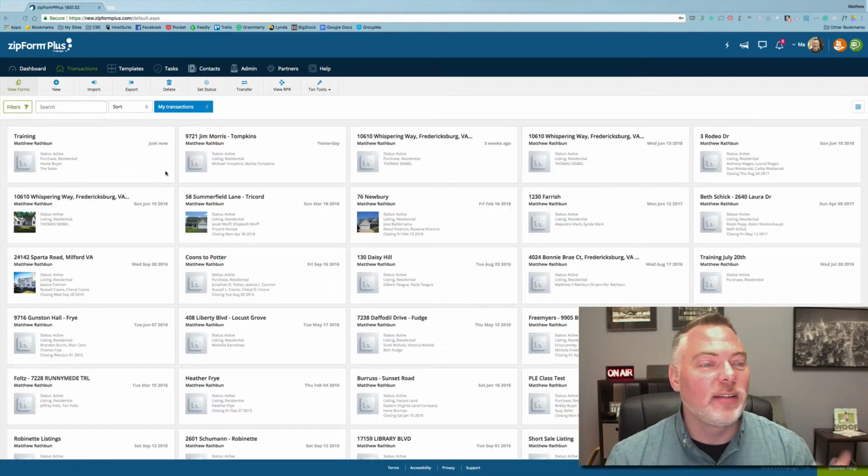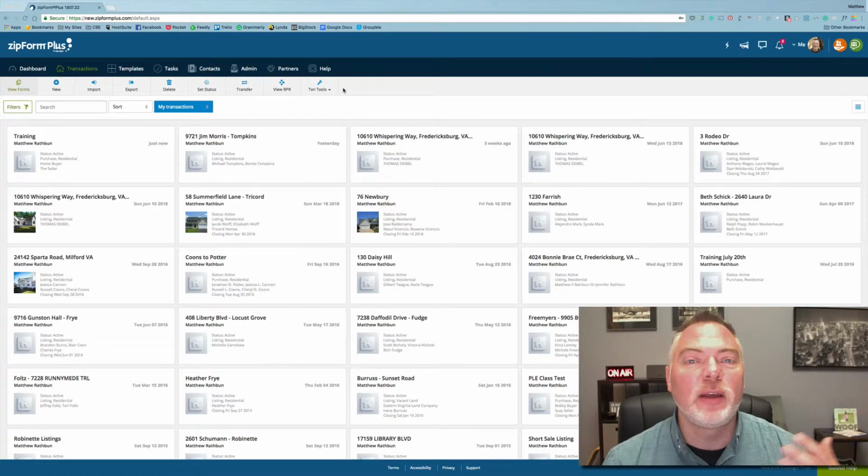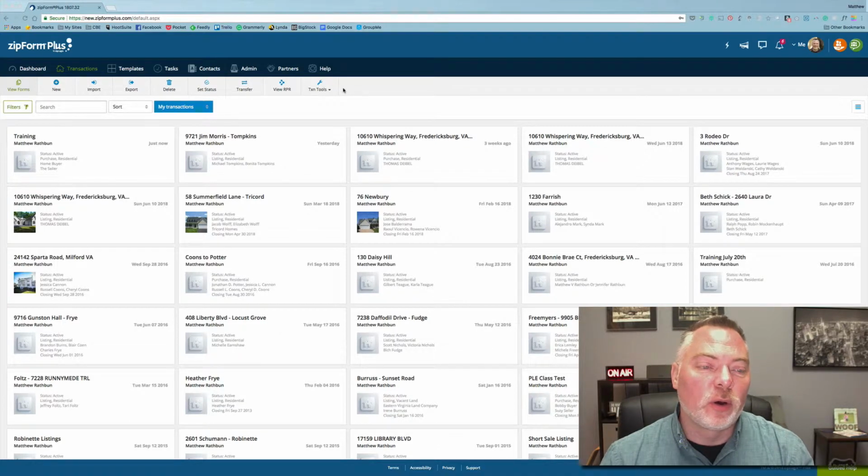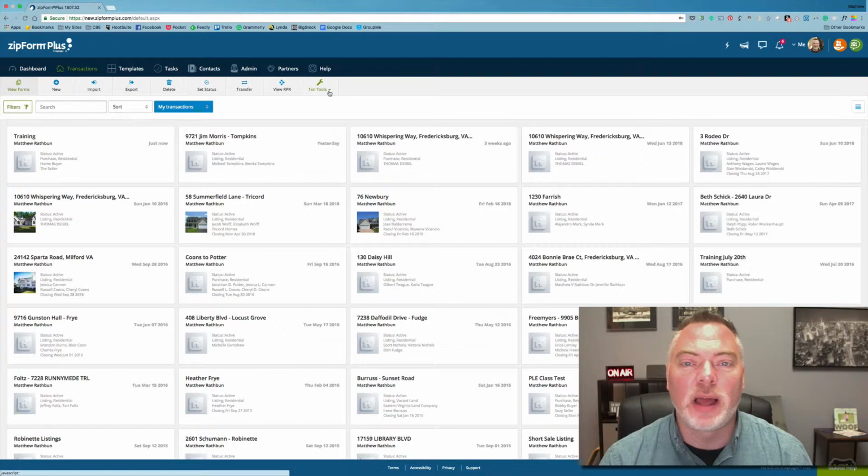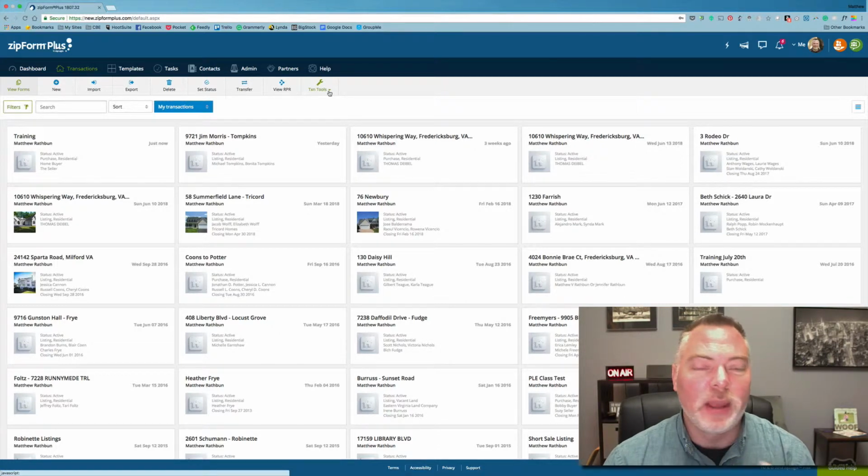So here it is. We're going to go into Zipforms, and we're in our transaction pane. So we're looking at all of our little transactions going on here. And I want to add language that isn't standard. It's not part of the contract or it's specific to a situation. So we've created some language here, a library of paragraphs and clauses for you, but you can also create your